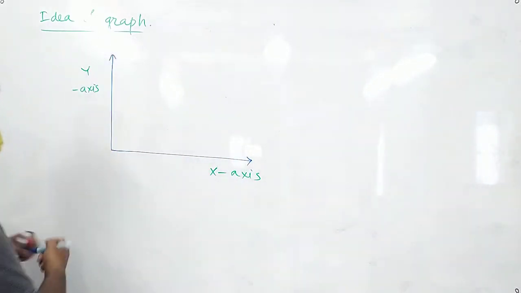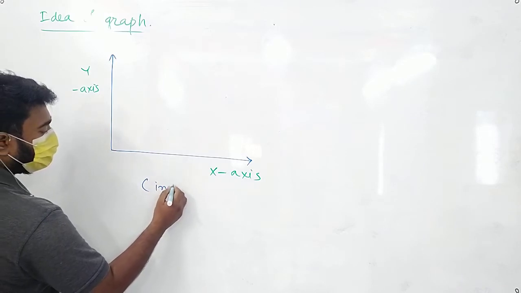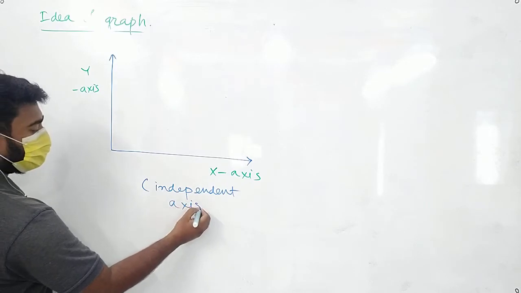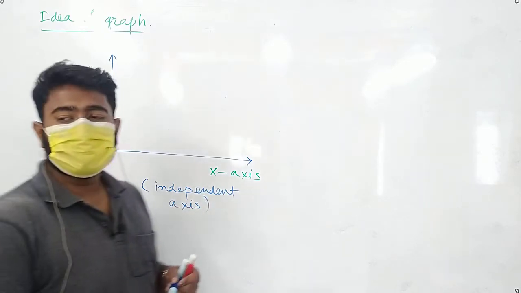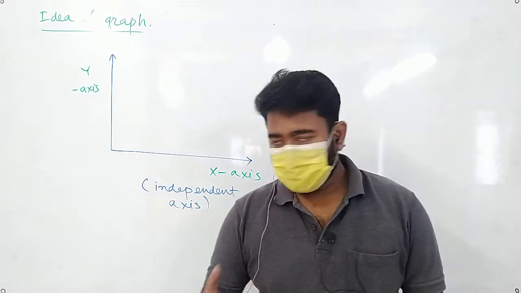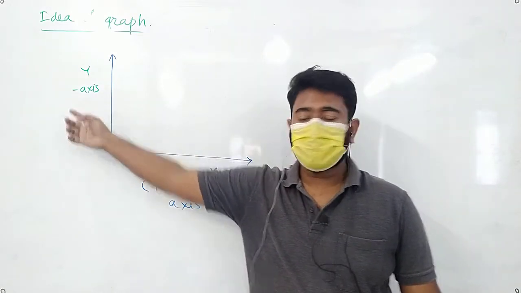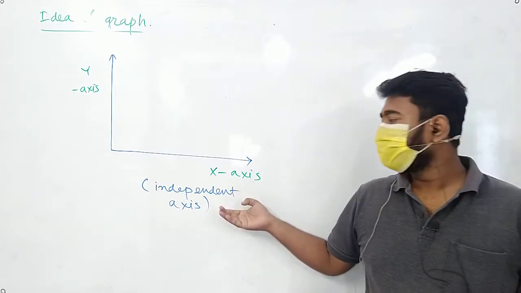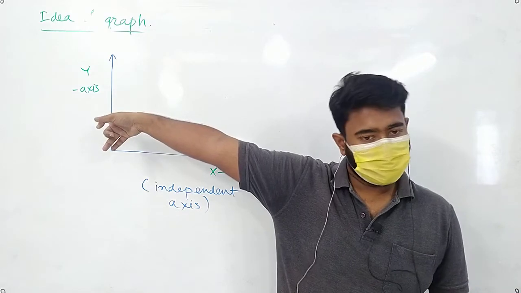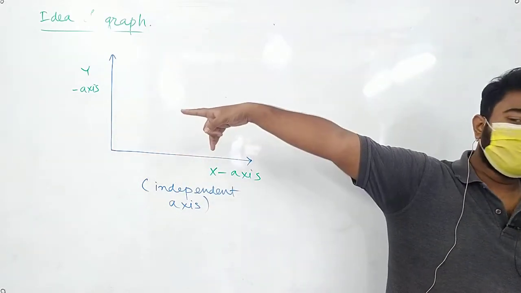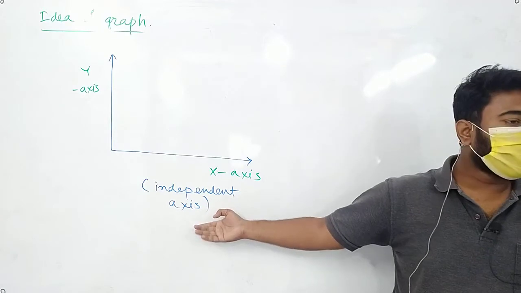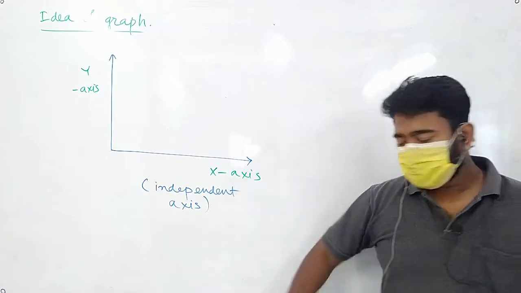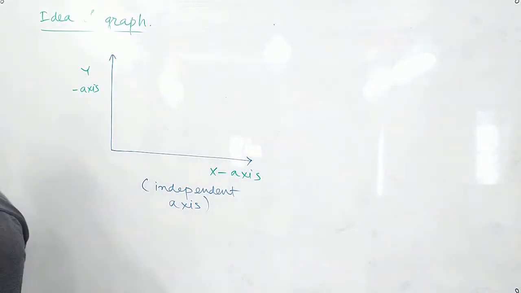Yes, x axis is the independent axis, because we take x axis as the independent axis. We need to remember that y axis will always depend on x axis. Any change in x axis will create a reflection in the y axis. Suppose we change time, the distance will also change with that. Time is a constant, we cannot change anything else to change time. If I say I need to change my displacement and then my time will change, that's a wrong thing.